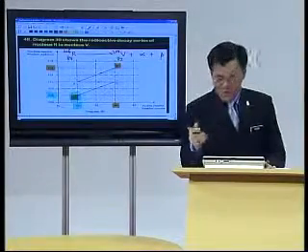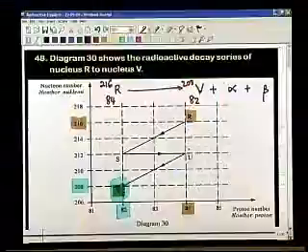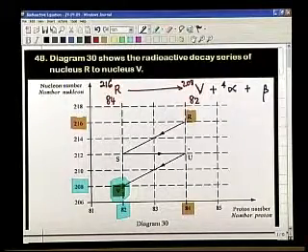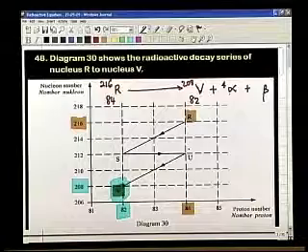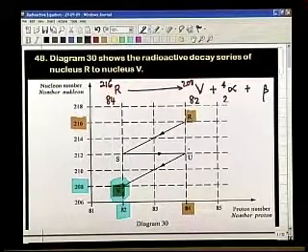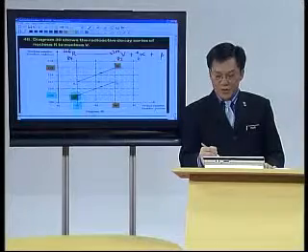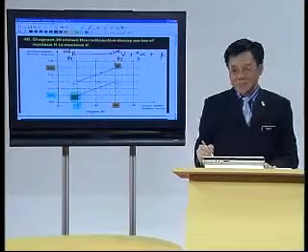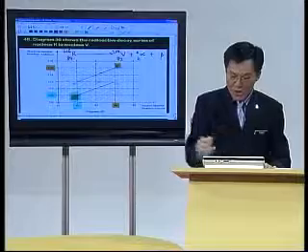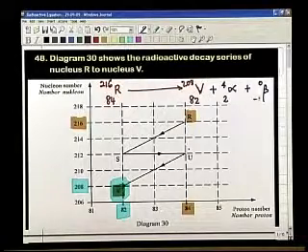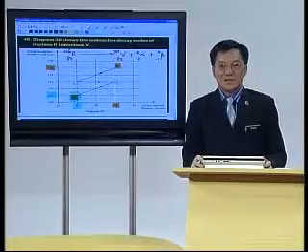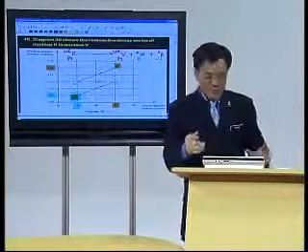Now the simple step and the simple concept is this. Alpha, what is the nuclear number? You must know that it is 4. And what is the proton number for alpha? It is 2. Alright, so far so good. And for beta, what is the nuclear number? It is 0. And what is the proton number? It is -1.